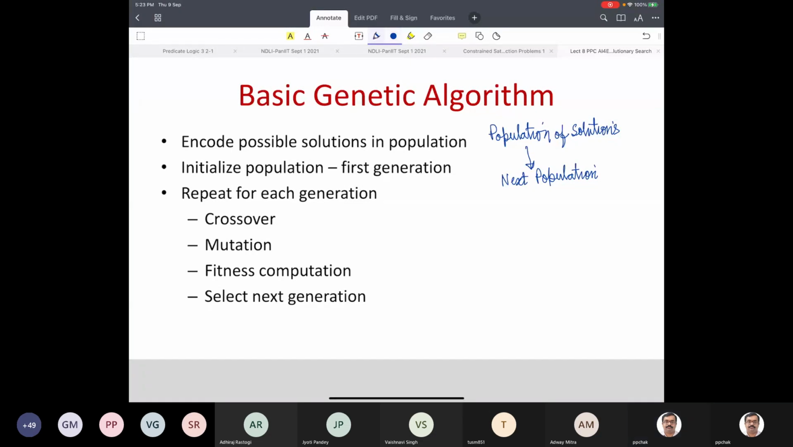Now, the steps are encoding a possible solution. What is the encoding of a solution? How do you create the first set or the first generation? And then how do you create a new generation? So the new population generation is created